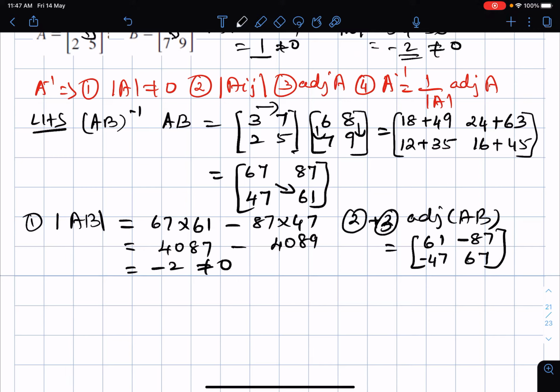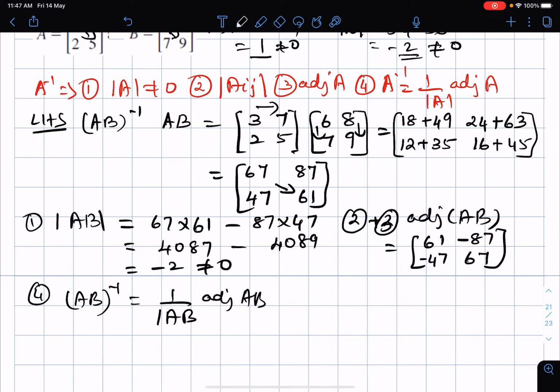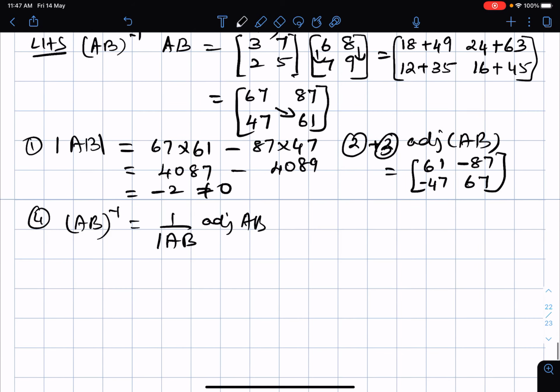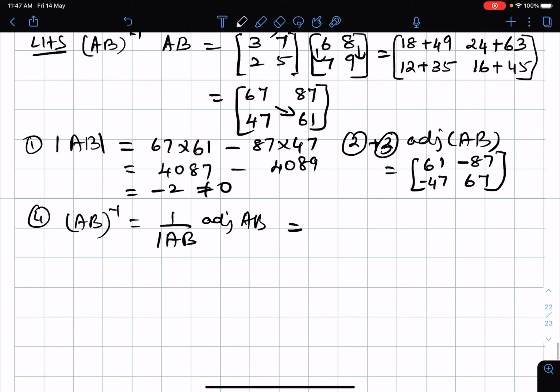So this is going to be your adjoint AB. Okay, now we are going to the fourth step. What is our fourth step? AB the whole inverse. What is our formula? 1 by determinant AB into adjoint AB. So 1 by determinant AB is 1 by minus 2 into our adjoint AB is 61, minus 87, minus 47